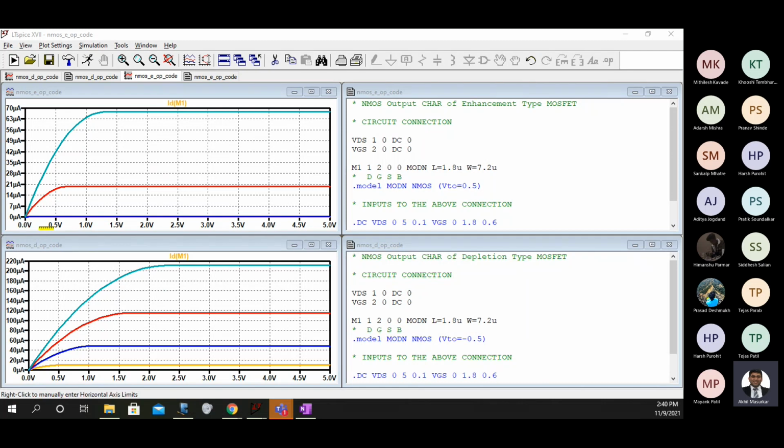Post this in the output quickly. Okay, Sankalp, Mithilesh, I can see this.